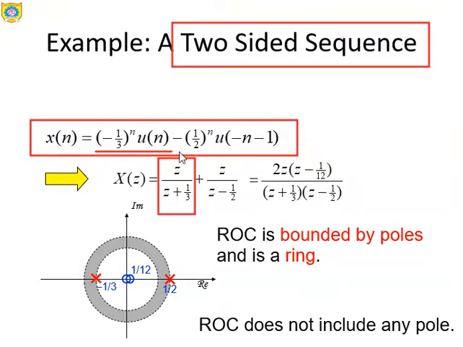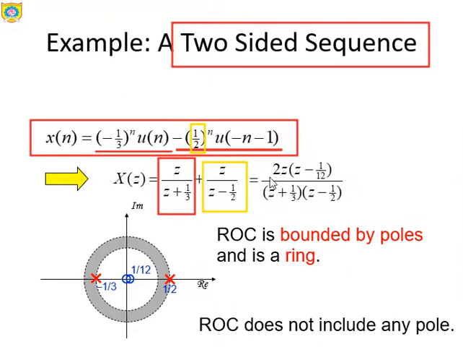Similarly, when we concentrate on the next part of the equation, that is (1/2)^n u[-n-1], it is nothing but the left sided sequence. So for the left sided sequence, this second part is quite responsible. Let me just plot here. This second part is nothing but the z transform for the left sided sequence, so it is z/(z - a). Here a is nothing but 1/2, so the same value is replaced in the equation, that is X(z) as it is, with z - 1/2.